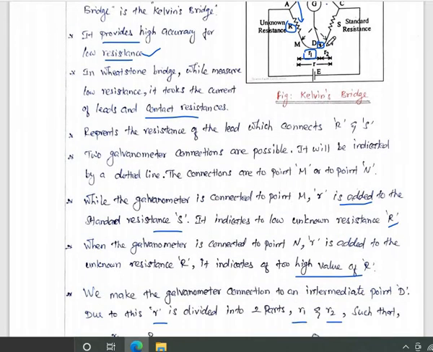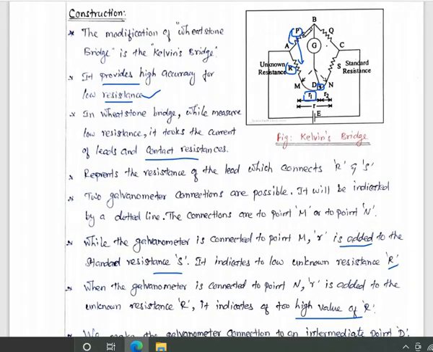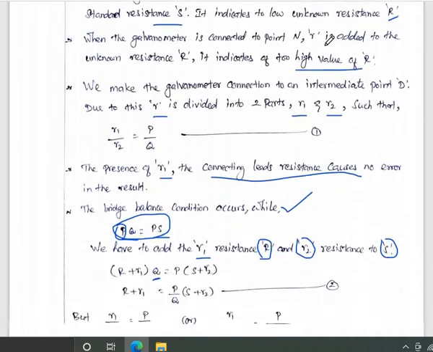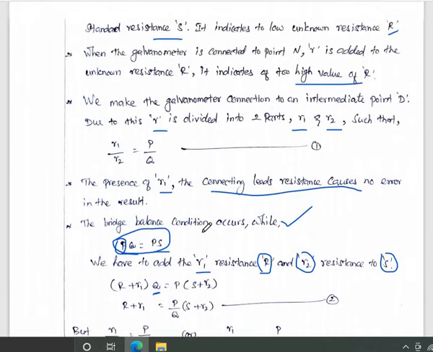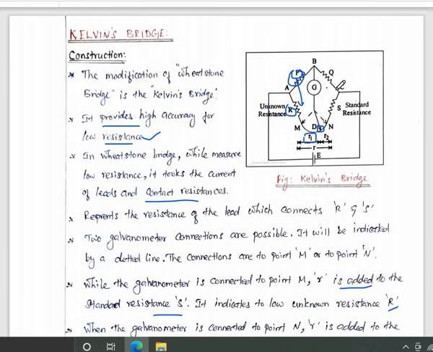So here P is replaced by, because the voltage drop across that P is equivalent to here also. So we have to consider R plus R1 into Q. Okay, here capital R plus R1 into Q. On the opposite side P is constant, and S will be available here. So here P is constant, and the value of S, the standard resistance, should be added with small resistance R2. So here P into S plus R2.